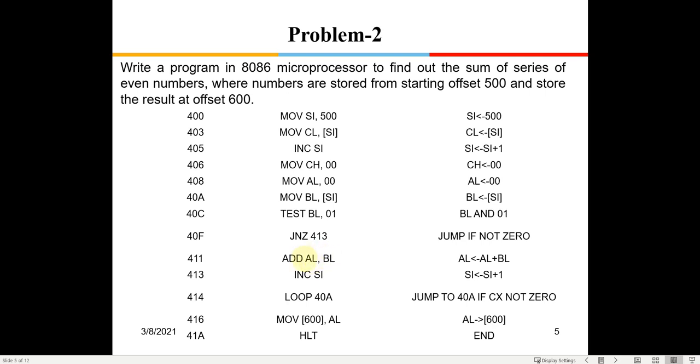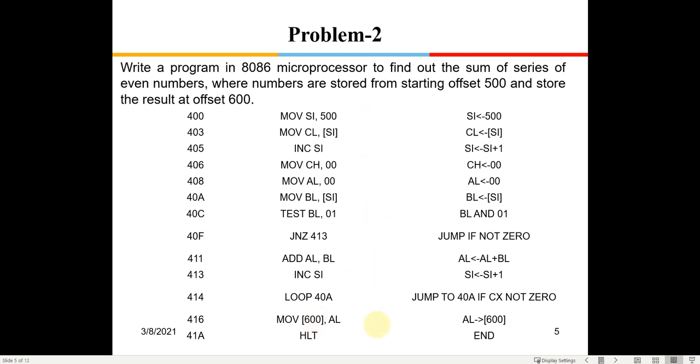Now it will add to BL. In the next cycle, again if it encounters an even number, that will get added. So once this loop is completed, all the even numbers will be added, and it will skip all the odd numbers. And once you come out of the loop, the data will be available in the accumulator, which can be shifted to the desired memory location.